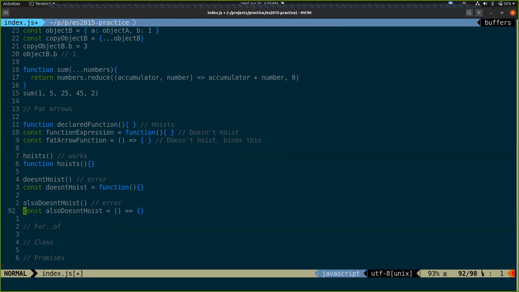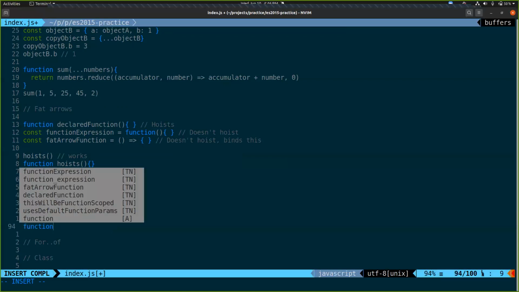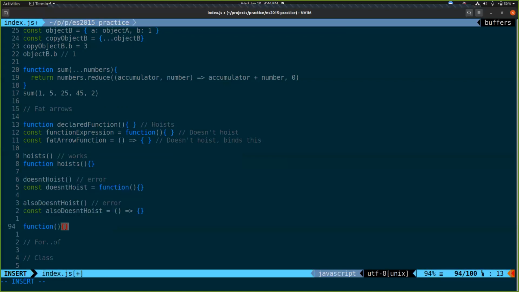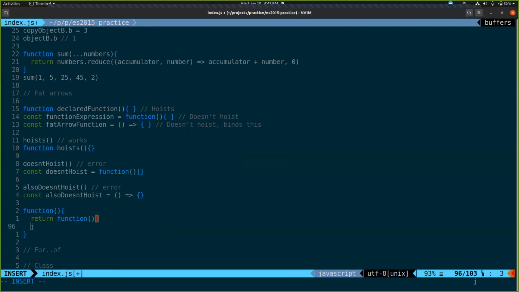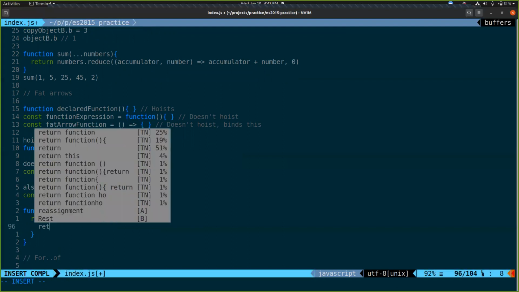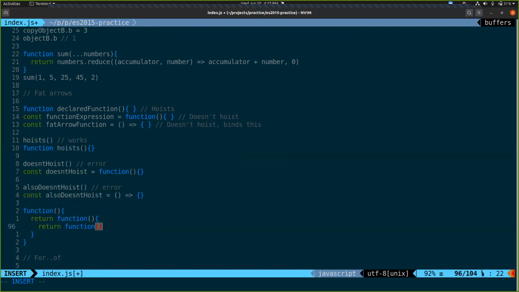It happens with functions that have functions inside of them, which have functions inside of them.